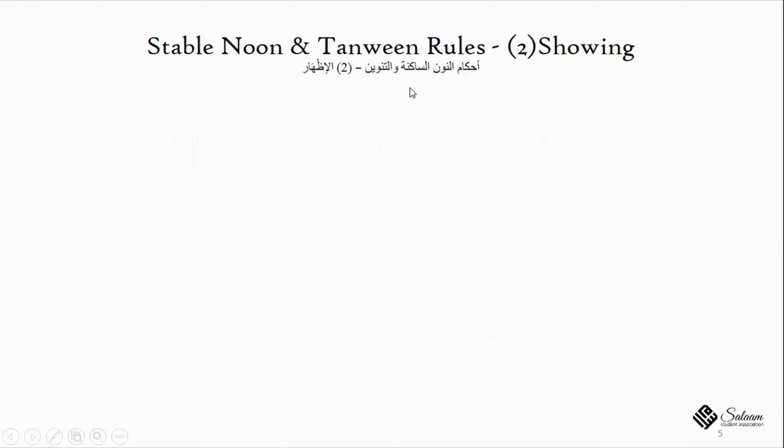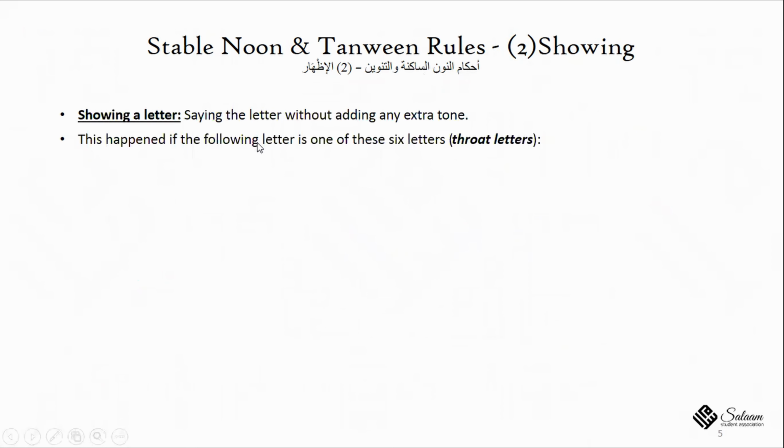So the second rule is idhar, al-idhar, which I translate as showing. It means you say the letter without adding any tone. You say the noon and the tanween completely. No extra tone, no merging, nothing. You say the noon itself. And this happens if the following letter is one of the 6 letters. We call them throat letters, حروف الحلق,